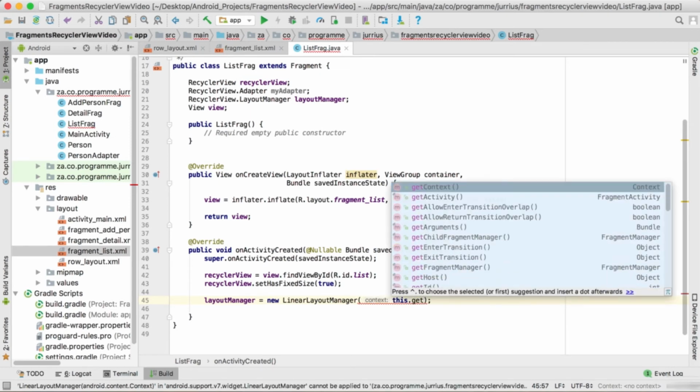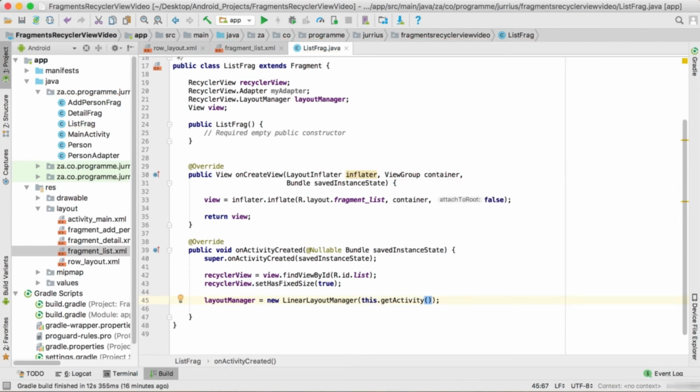And so we're just going to call getActivity, and that's referring to the activity that's hosting this fragment. And then we can set to the recycler view the layout manager as this layout manager. Right, so now the next step will be to go and create an array list with person objects to send